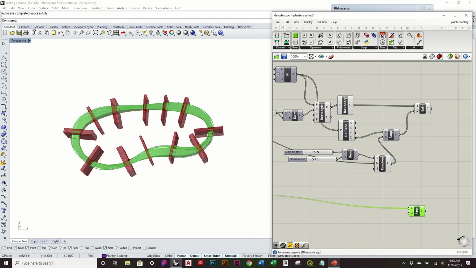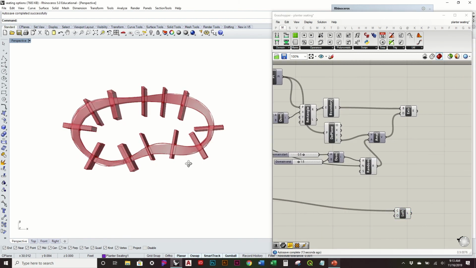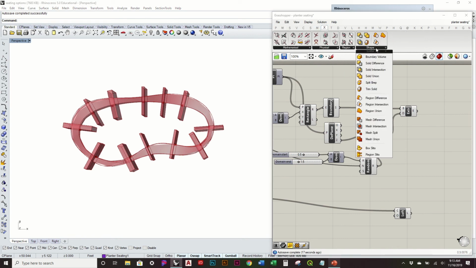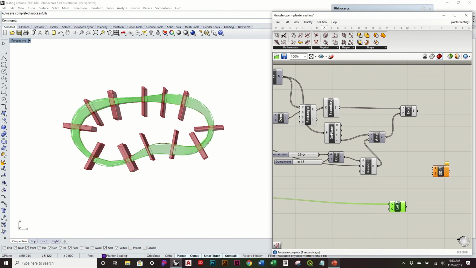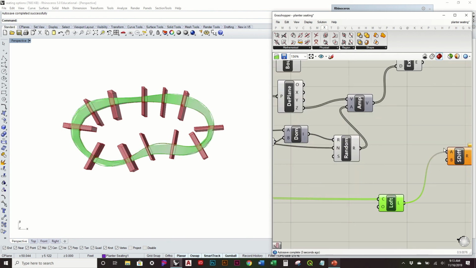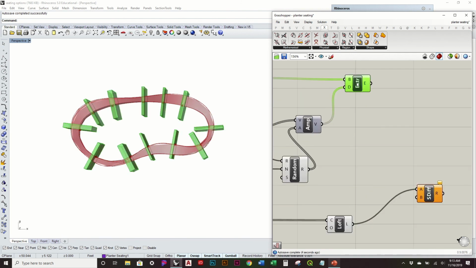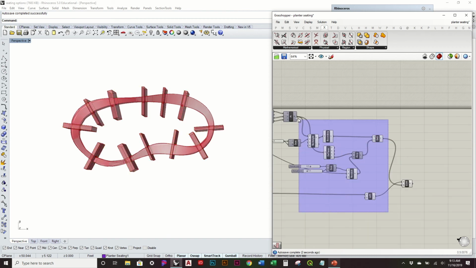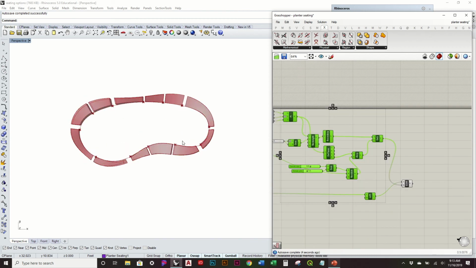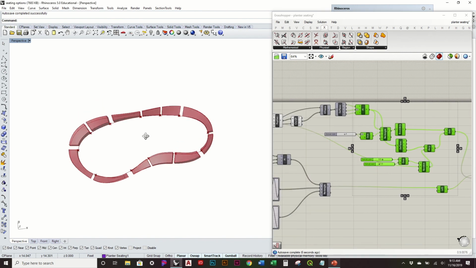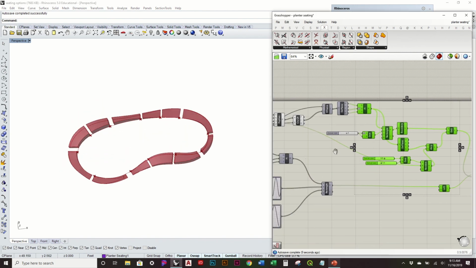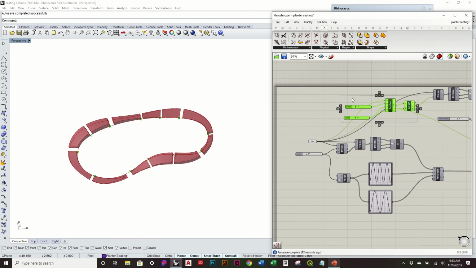And now we want to actually start to physically separate them. So you can go to intersection, shape, and use the solid difference. So this lofted surface is the A. So this is the object I'm subtracting from. And I'm using these to subtract it. And now I can turn off all of this, and luckily it didn't seem too complicated for it. But now we got, again, our kind of randomized